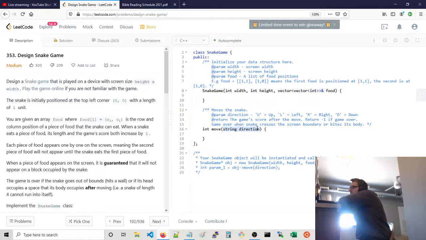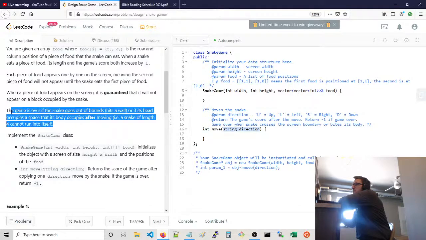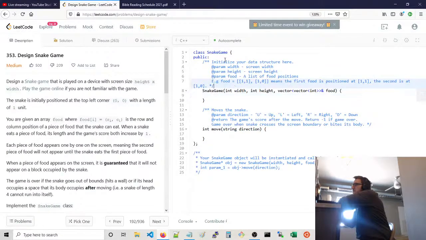What's interesting here is we probably want to maintain the snake itself. The trickiest thing about this is probably going to be maintaining the body, whether or not the head runs into the body. Again, we want to be clever about that and do that as efficiently as we can. So we have the head position, and then what we can do is put the snake's positions into an unordered set,